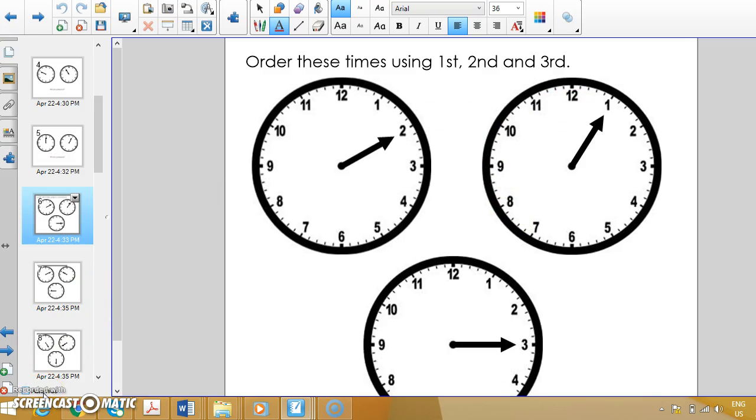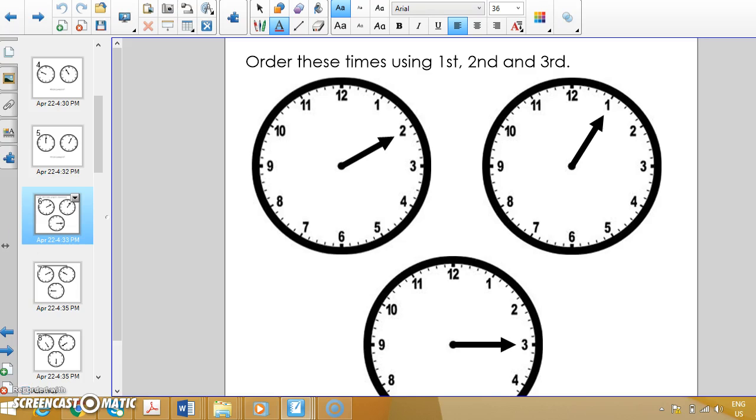Okay, so I'm going to switch it up a little bit here, and we're looking at 3 different clocks. We only have the hour hand. That's just the short guy. That's the hour hand. We're not looking at the minute hand yet. We're just looking at the short hand. And what we're being asked here to do is to order them: which hour would come first, second